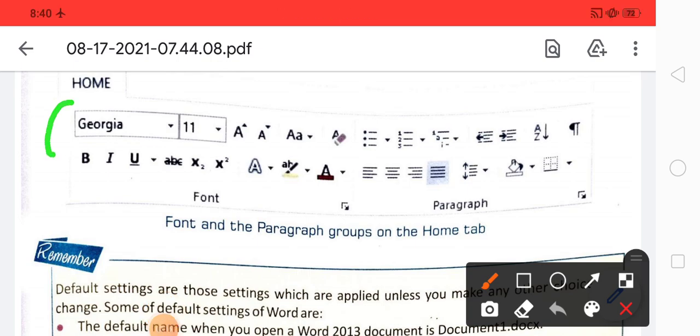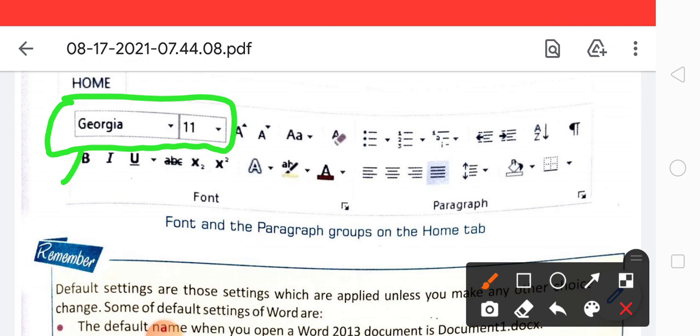This is the font size option, this is the bold option, this is the italic option, this is the underline option, and these are size options. Also these are alignment options, these are bullet options, and many more options are there.